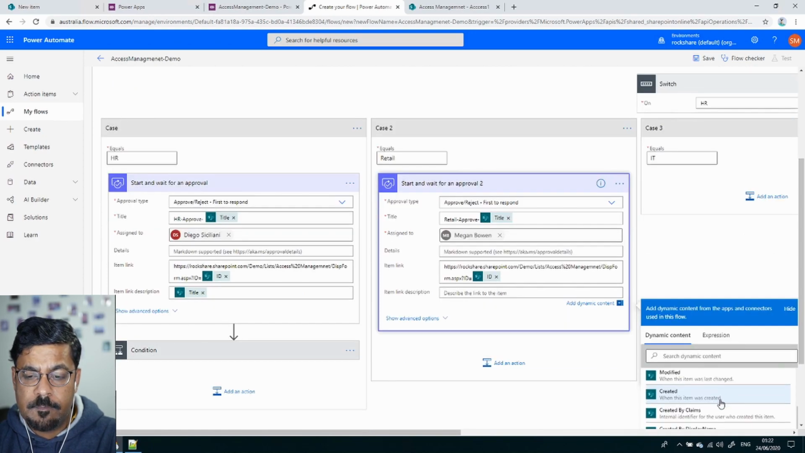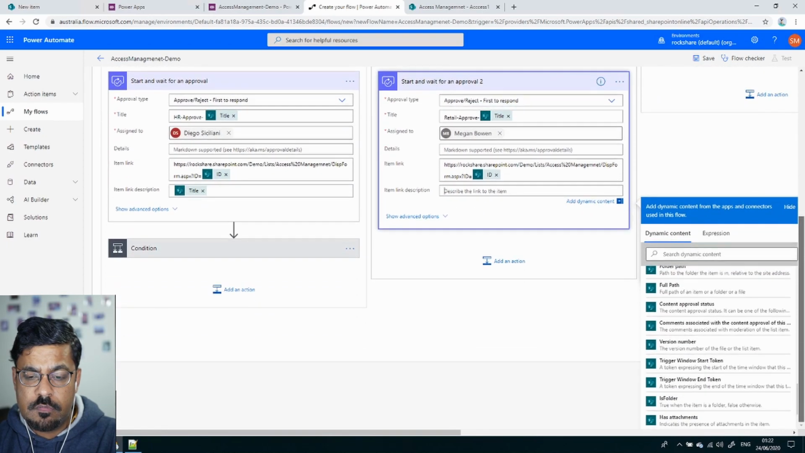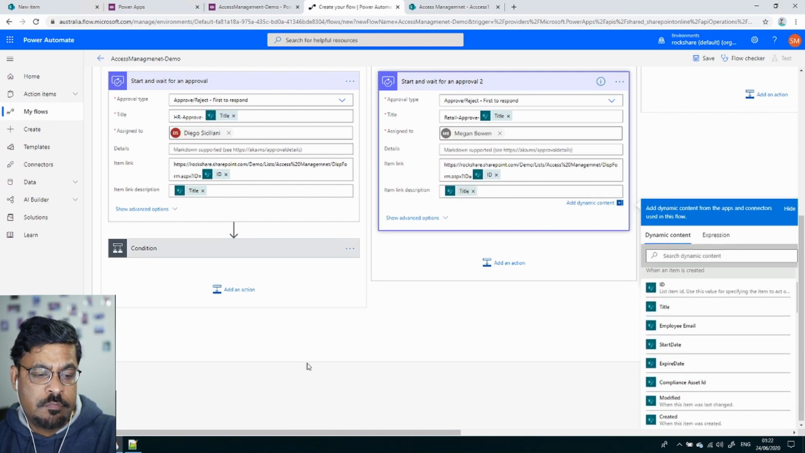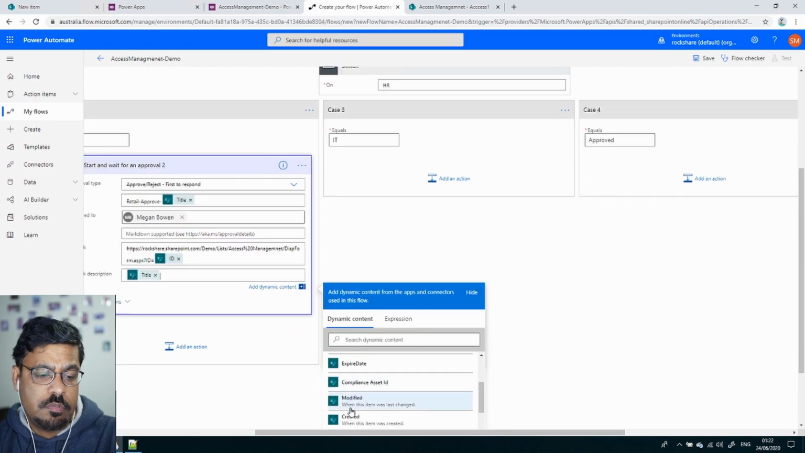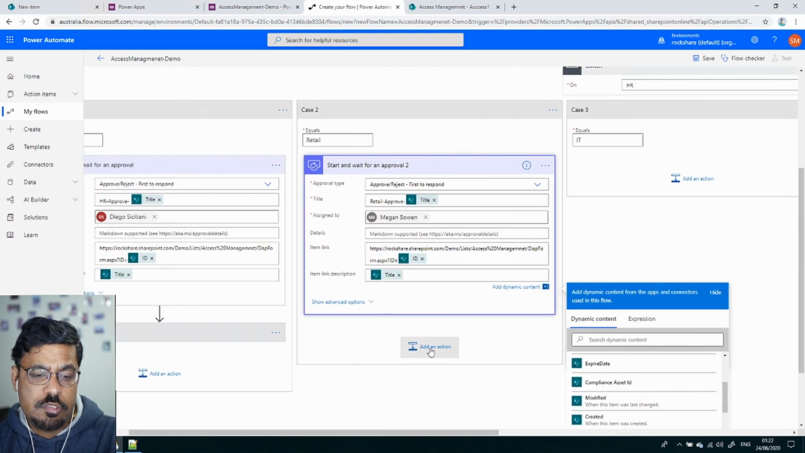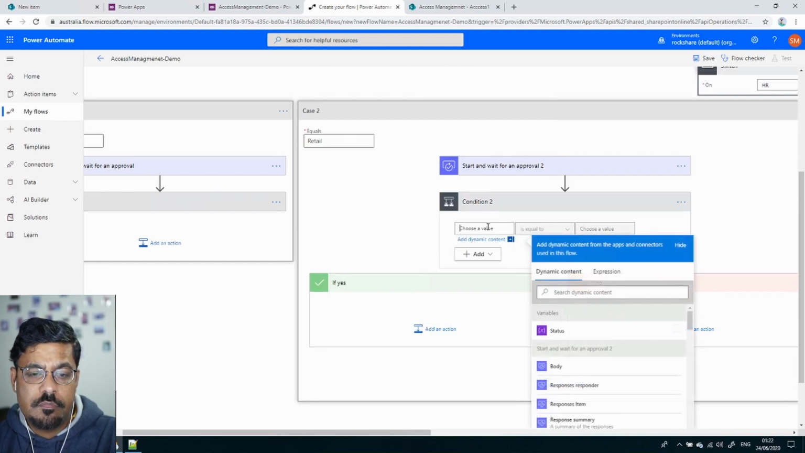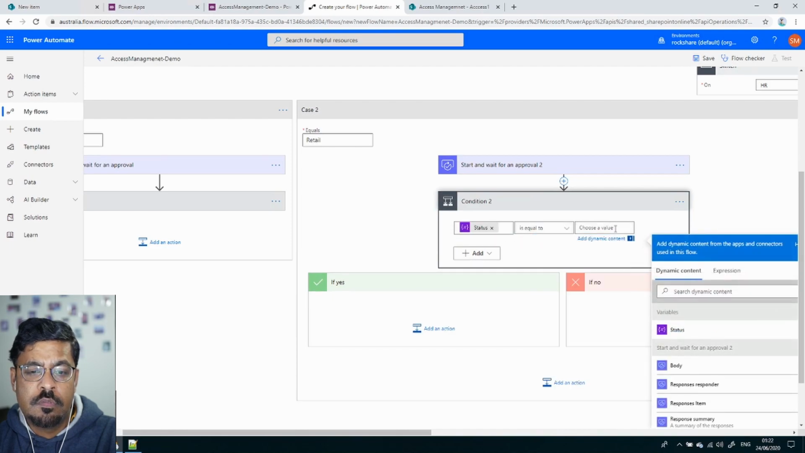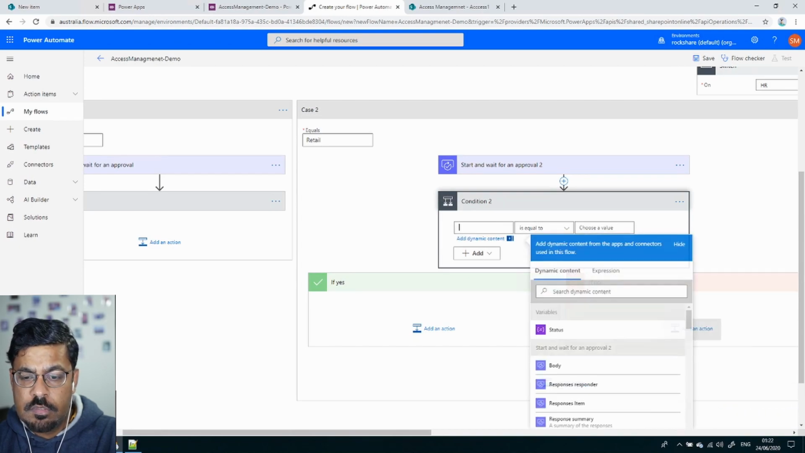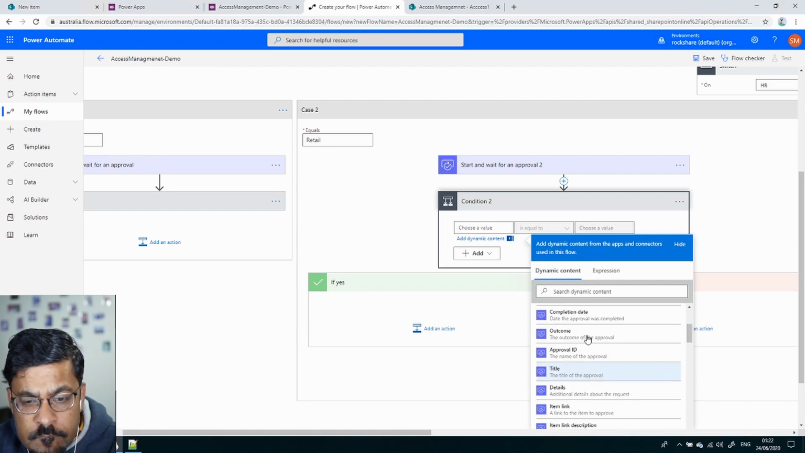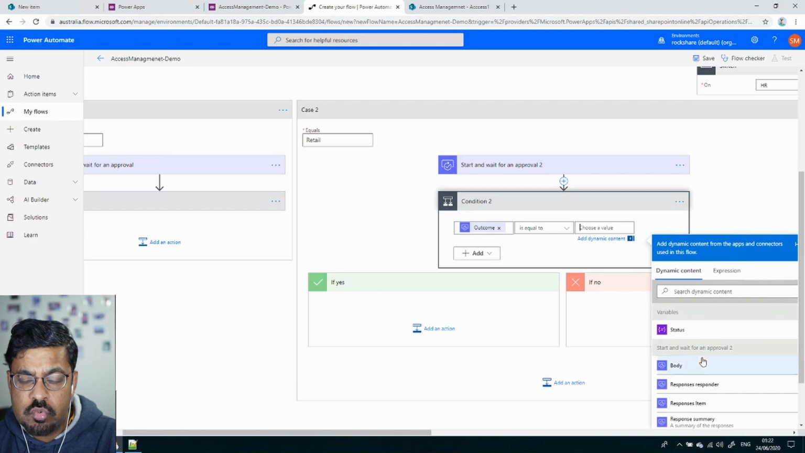And then title, okay, let me put the title over here, and then I'll do the same thing. I need to put the checks over here in the control condition: if the status is not the outcome, not the status, the outcome is equal to approve,